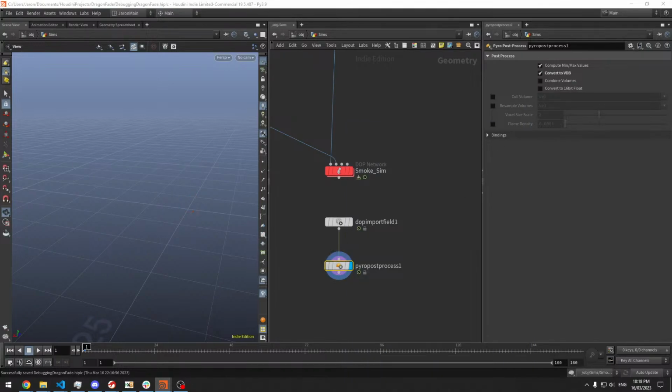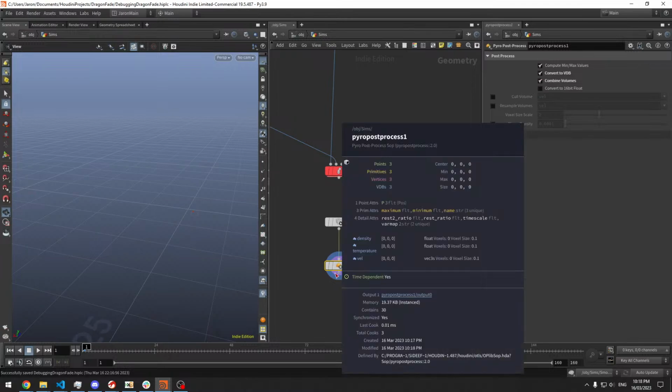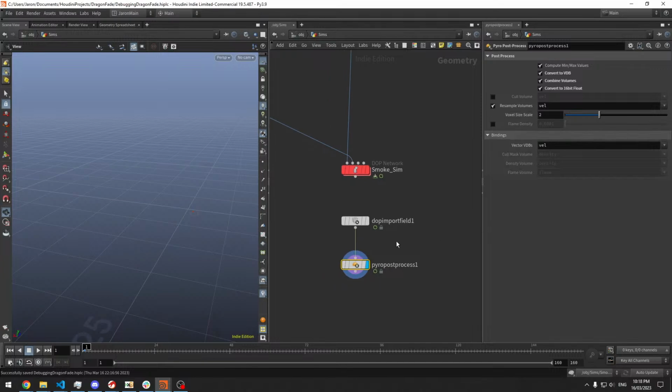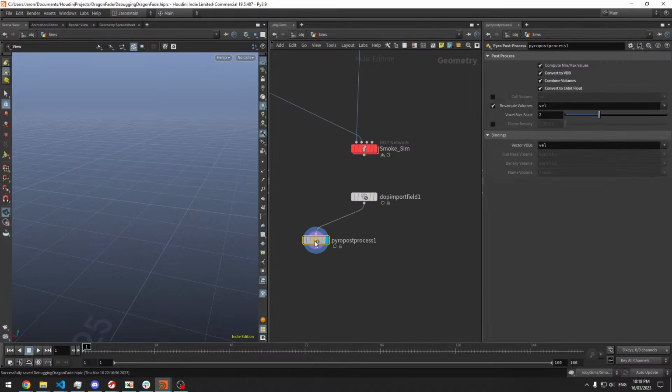We've got a combined volumes, which is something we also do want to have. We've got convert to a 16-bit float. That's really nice. You've got a resample volumes section here. It's really, really nice. Because we didn't used to have this. What we used to do is, if I actually zoom out a little bit,